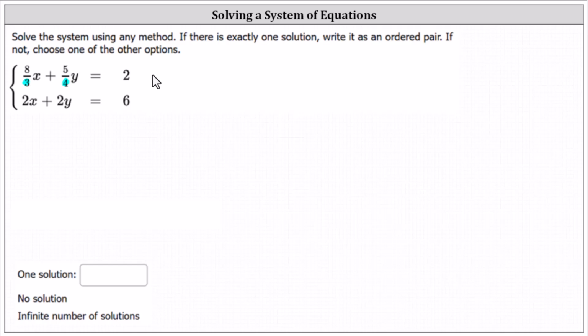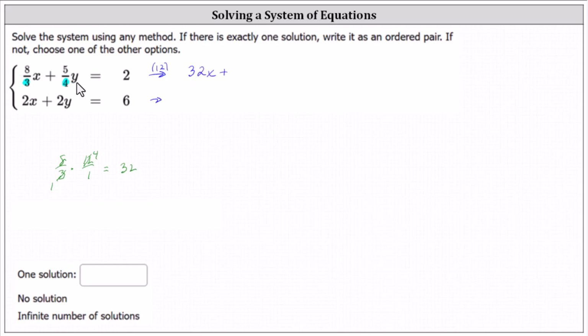We'll begin by multiplying both sides of the first equation by 12, and because the second equation doesn't have any fractions, we'll leave the second equation as is. Multiplying the first equation by 12, let's begin by determining 8/3 times 12. If we want 12 divided by 1, notice 3 and 12 share a common factor of 3. There's 1 3 in 3 and 4 3s in 12, and 8 times 4 equals 32. This indicates 8/3 x times 12 is 32x